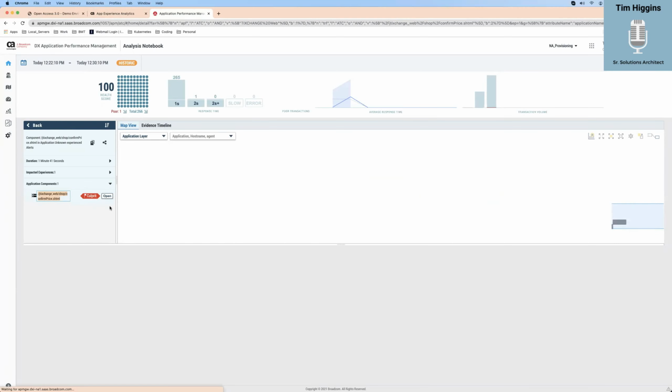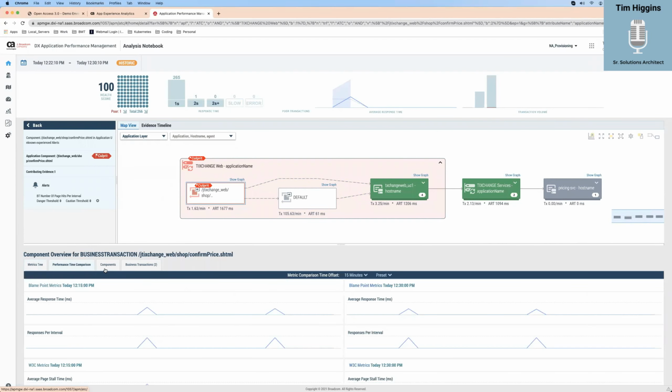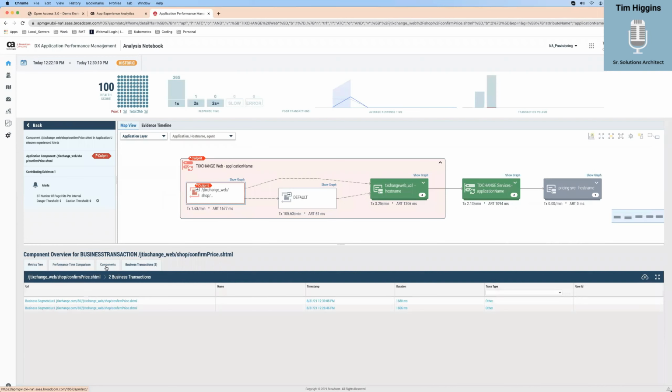My maybe problem child is here. So I'm going to open it up. And I can see my problem is number of page hits per interval. And that's an alert. I'll show you how to create alerts in a few seconds. I fired off this alert because of this issue. But let's go over and look at transactions.